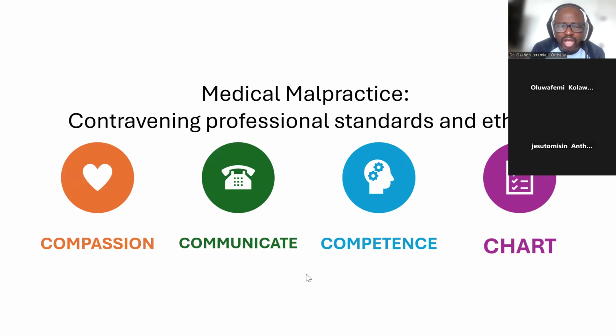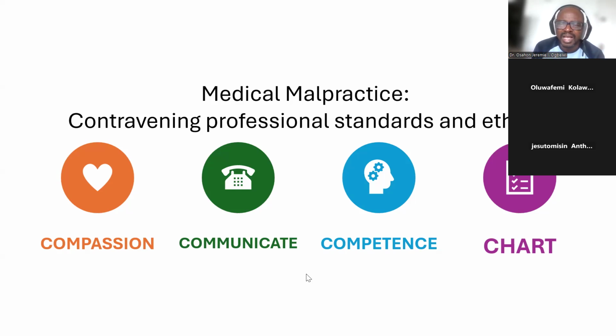For doctors to prevent being dragged to court, there are 4 ways they are advised to practice their medicine properly. Malpractice means improper practice of medical care, and to avoid contravening professional standards,